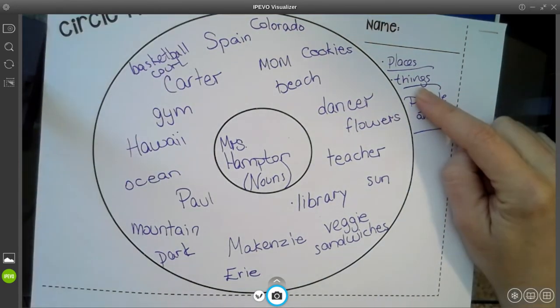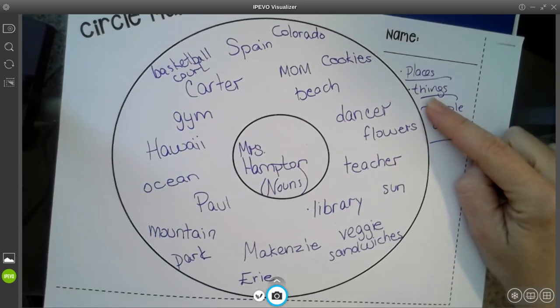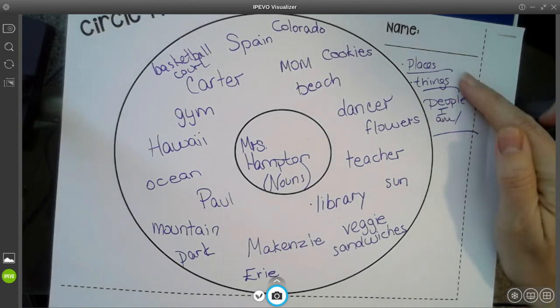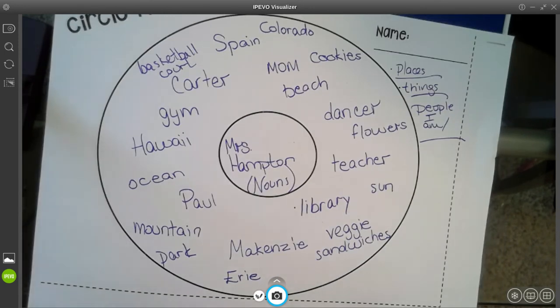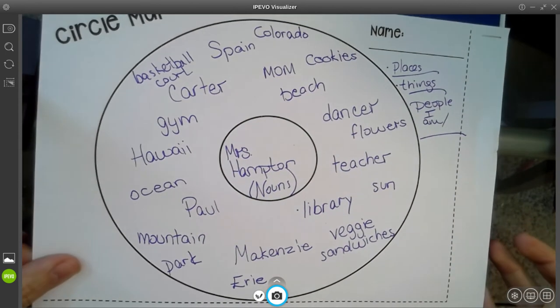Okay, or I think of things that I like. It can be foods that you like. It can be things that you see outside that bring joy to you. It could be your favorite toys. It could be like if you like Legos, puzzles, coloring, books, markers, and then people. So people that you are, like you could say, I'm a Metal Arts student. I am a student. I am. You could put people in your family. You might consider yourself, if you're a sports player, you could be like a soccer player. So anything that is. So this is your only job for today.